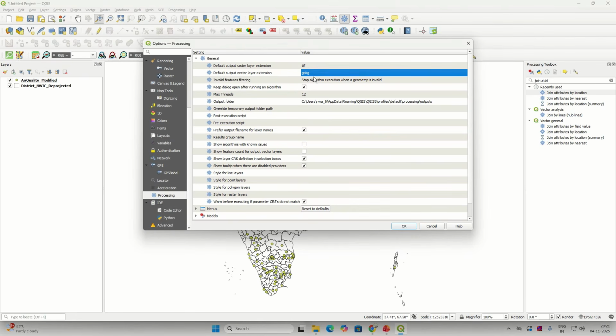The current option is stop algorithm execution when the geometry is invalid. Now double click it and you will find this drop down menu. You can choose the option to skip or ignore features with invalid geometries without stopping the execution of the algorithm,